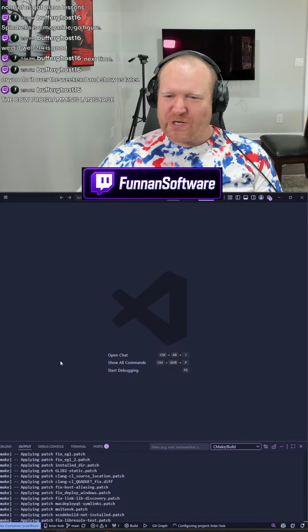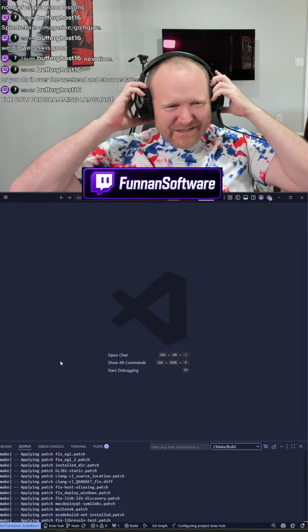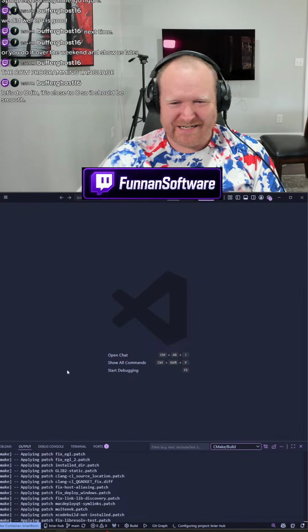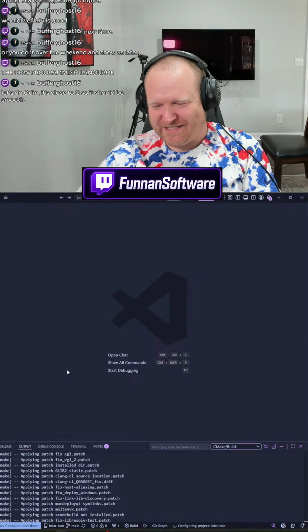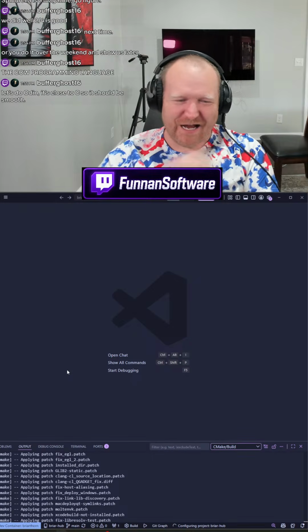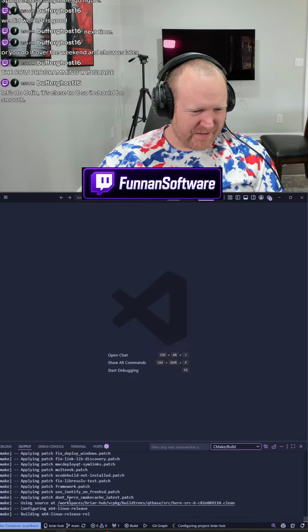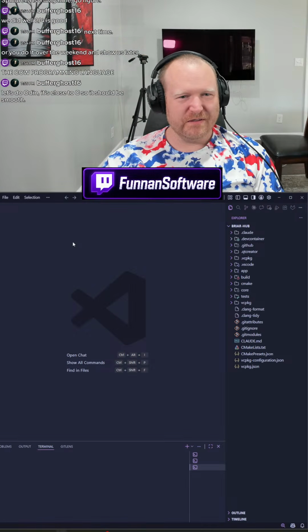Sure, why not? Let's take a look at cow programming. Oh god, this is going to be so bad. Is it Odin or is it Cal, Buffer? I'll let you choose. I think I'm gonna kill this build for now. Reopen folder locally.